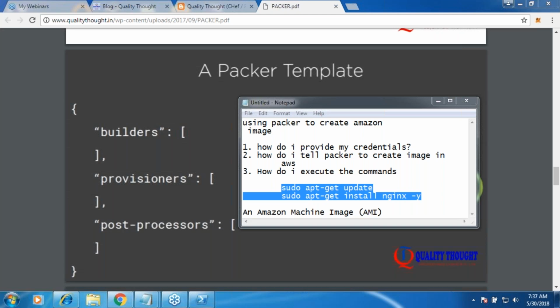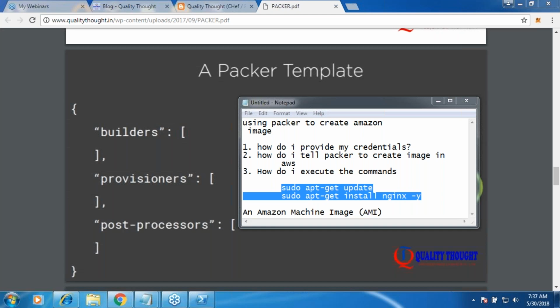Provisioner is all about customizing to your needs. You get the basic image. Your application installation steps are nothing but provisioning. In the provisioning, you can use simple shell scripting, or you can use existing configuration management also. For example, if your company is already using Ansible or Chef, you can go and use something called Chef provisioning there. For the people who don't know Chef, don't worry about it. We will be using only those two lines today. The third one is conversions, right? And now we write all of this in a file which we call a Packer template.